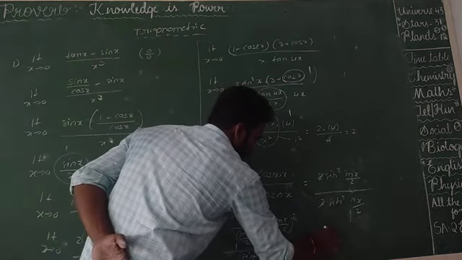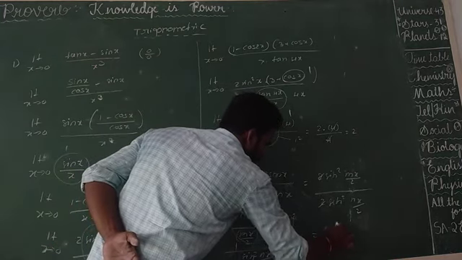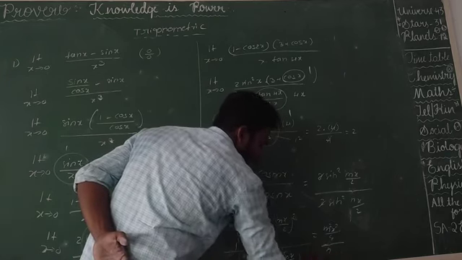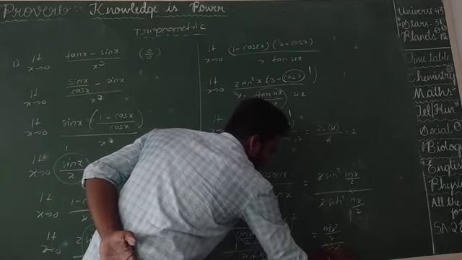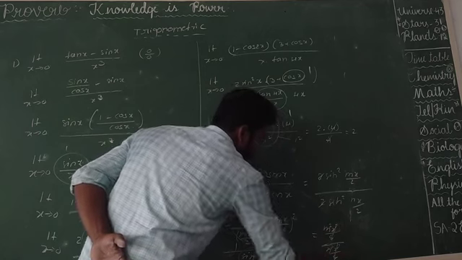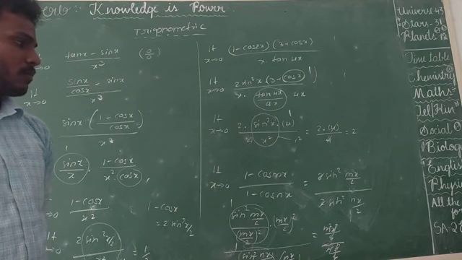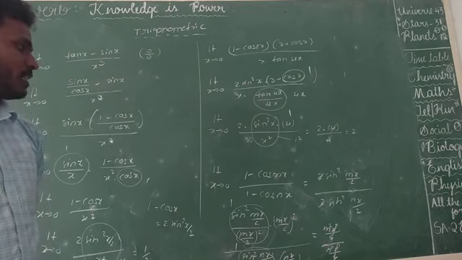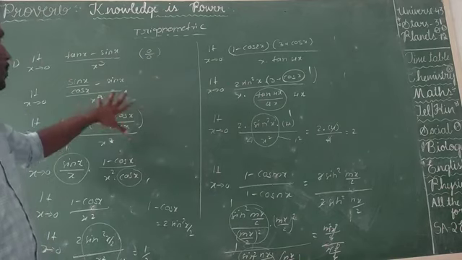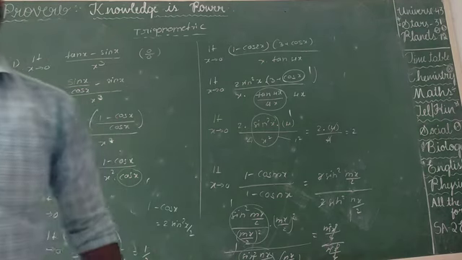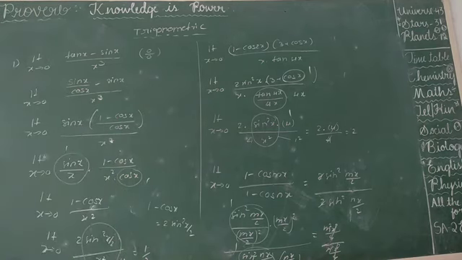So remaining things, m square x square by 4 and nx by 2 whole square, that is n square x square by 4. So these things are cancelled. So it is very easy to write. For these types of questions, whatever is given, you can just convert into the forms sin x by x, tan x by x combinations. You can get clarity about the questions.